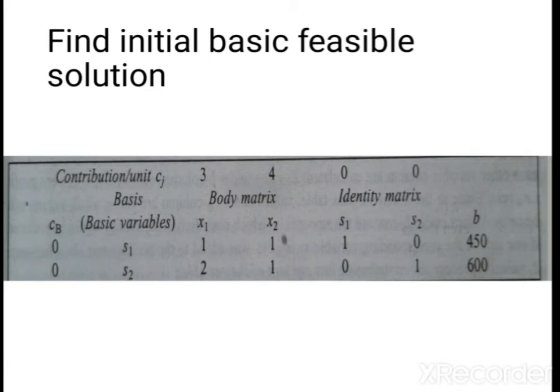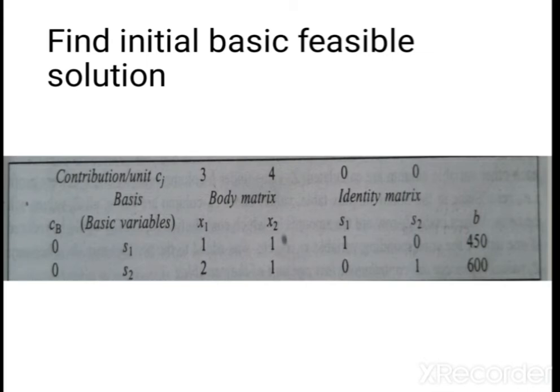So the first row indicates the coefficients Cj of variables in the objective function equation. These coefficients remain unchanged in the subsequent tables. In all tables it remains the same, as it is given in the problem itself, in the formulation itself. The second row indicates the variables in the problem for which the Cj coefficients have already been written.